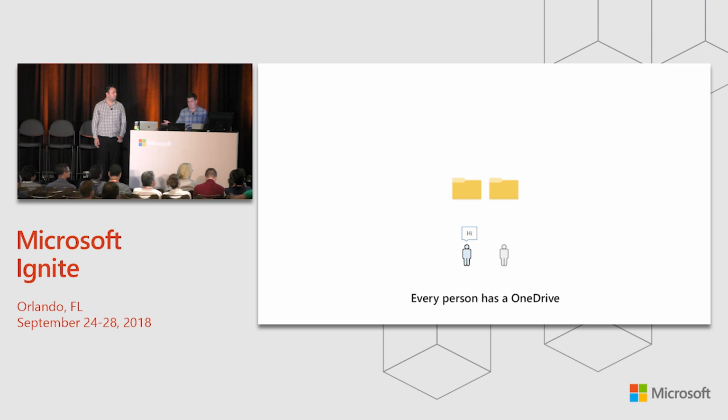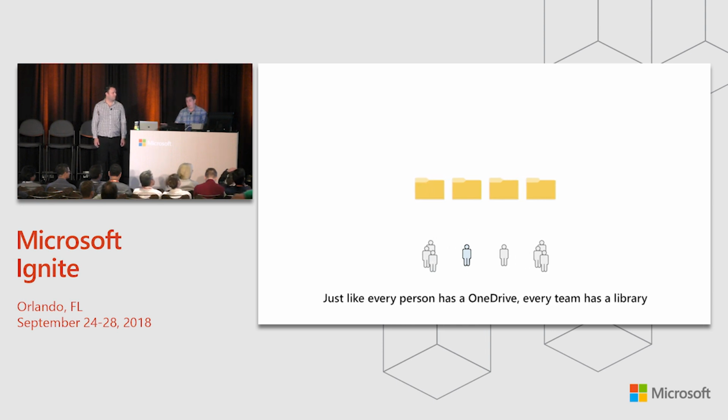So every person, if you're a person, you have a OneDrive, right? I'm a person. Last time I checked, I have a OneDrive. Every team has a library, right? So when you create a team site, when you form a set of people together called a team, that team gets a library. And so the only complicated thing is that OneDrive is not only a place for files, but